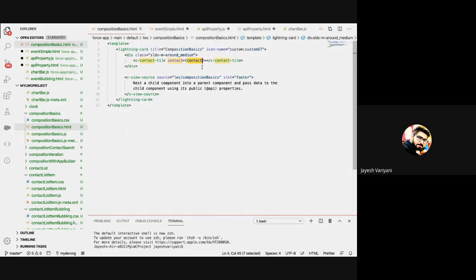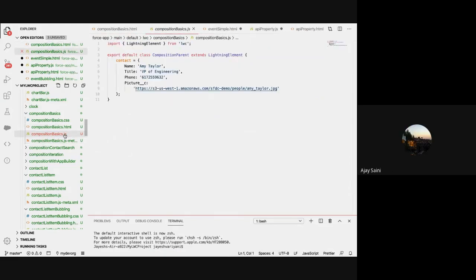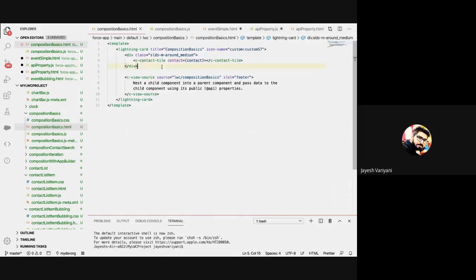Any doubts here? Jayesh, could you please repeat whatever you mentioned? I was talking about the real-time scenario. Let's say there is an entire big complex page, and the requirement comes to change only the contact tile, to change the appearance, how the tile has to be displayed.